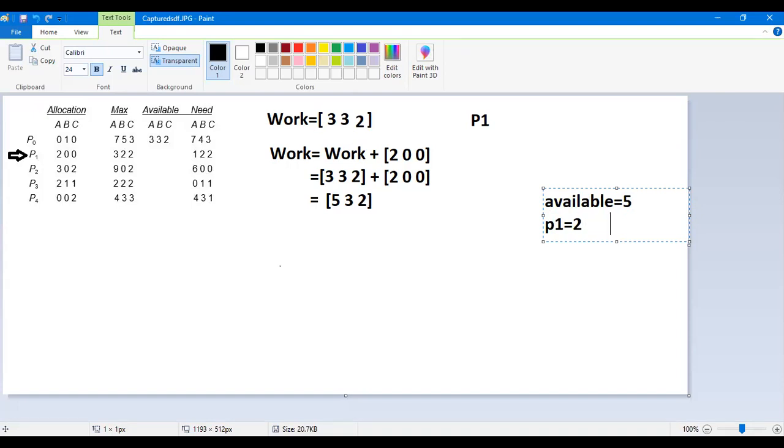P1 requires one more resource. So when we give one resource to P1 so that it can execute, what will be the final availability?